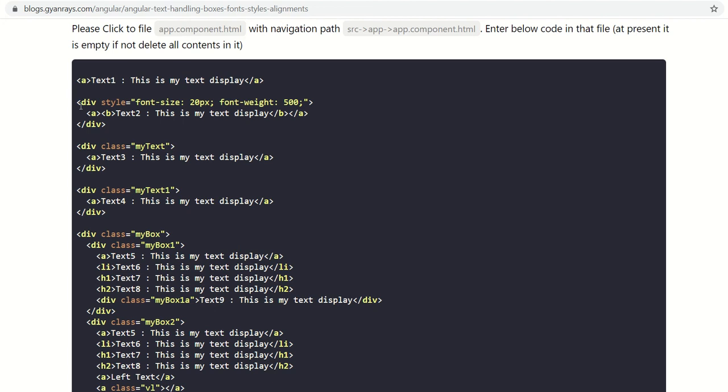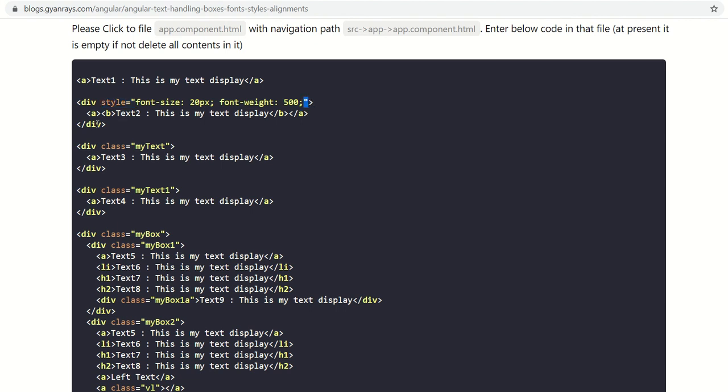Well, if you want to display a particular size of text, you need to define it with a style property. So style equals to, and all the properties need to be mentioned under double quotes. You can see here, and all the properties will be separated by semicolons. So this is the fixed attribute, or you can say a placeholder provided by HTML, which is followed by Angular.